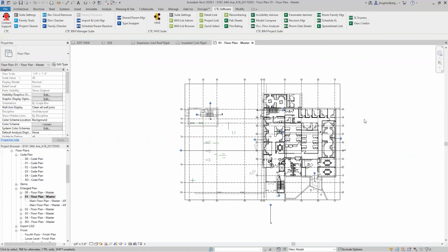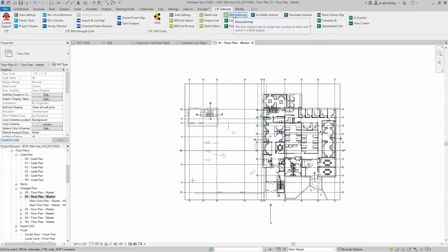Quick select is one of those things that saves you seconds each time you use it. If you're doing something really complicated, there's almost no other way to do it other than quick select or a whole bunch of control clicking to add to your selection set and kind of manually curating it that way. But quick select's definitely a go-to tool for you, and it's absolutely free inside of this. Now I'm going to move on to my favorite one, which is the